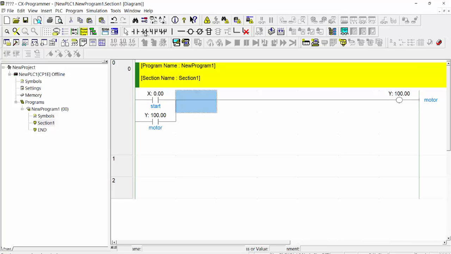And one more thing, we need one close contact, 0.1. When you write it, only this contact will be placed. Now 0.0 is your input for start, and this one is for stop. We will give this one the comment start. This comment we will give stop. Stop. Oh sorry,